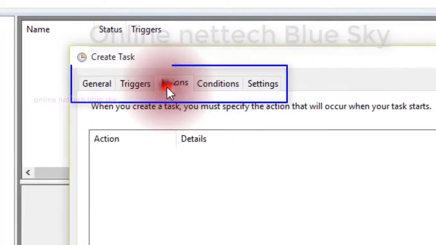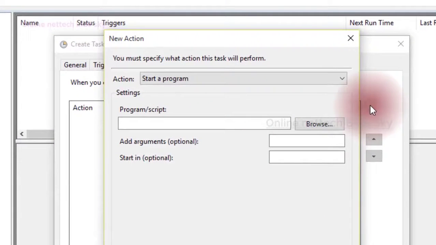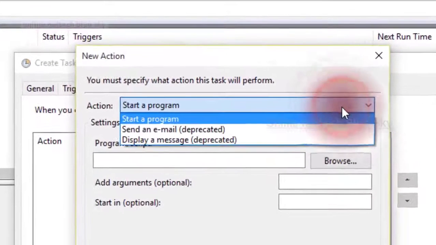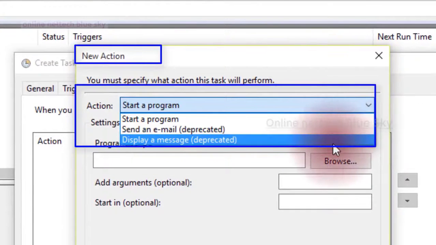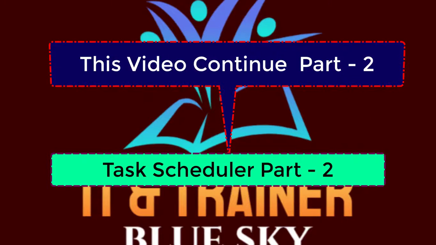Action: what is this timing duration? This is the timer, and you choose the actions you want here. Start a program means, for example, every day. The types are start a program, send an email, and display a message. How can we take these actions in the system, and how can we start this scheduler, one type of timing duration, and how can we start these actions, one type of fix at some time here.